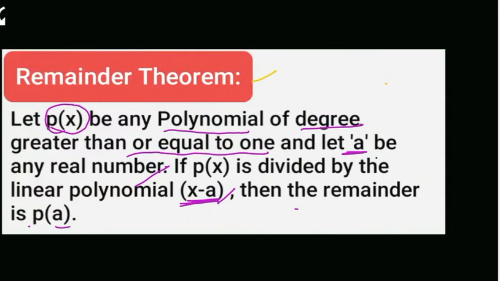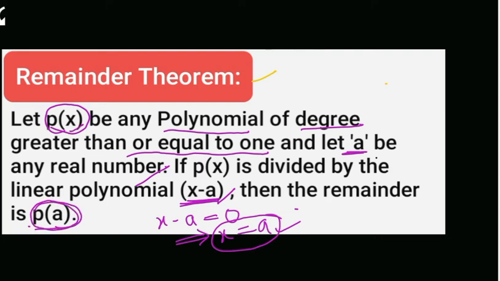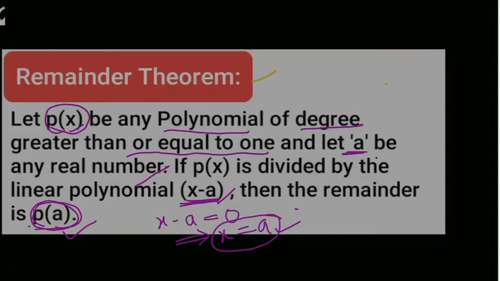That is nothing but, when x minus a is given, you have to find the 0 of x minus a. So x minus a equate to 0, then you will get x is equal to a. Substitute that x is equal to a in this polynomial. That gives you the remainder. So when they ask directly, find the remainder when x minus 3 divides the polynomial, like that you have to find the 0 and substitute, then you will get the remainder easily.